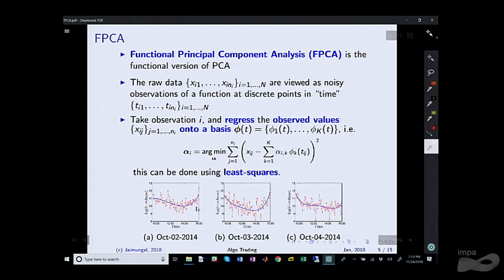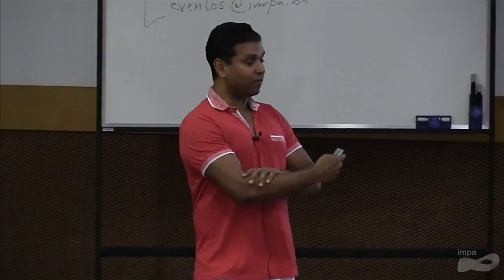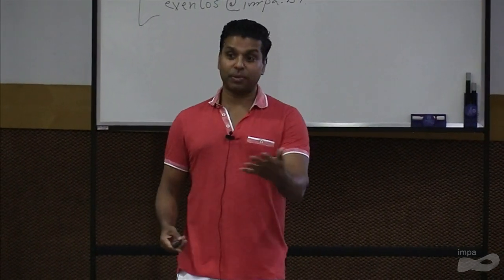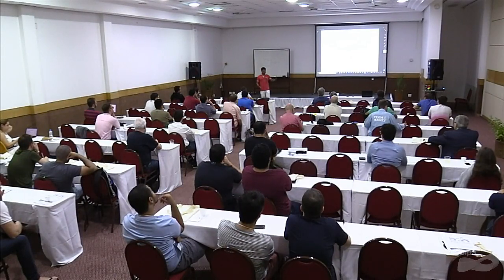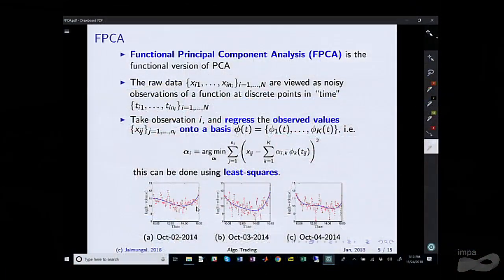We're going to take that data and regress it onto some set of continuous functions, phi 1 to k. That'll give you a set of coefficients, alpha. Imagine you have this observation on day 1. Then on day 2, you have another set of data. You regress that. That gives you the second panel. Day 3, you get the third panel. So this is an example of 3 days in a row regressing this order flow data onto